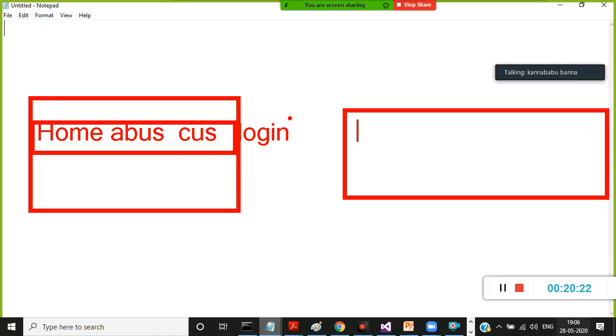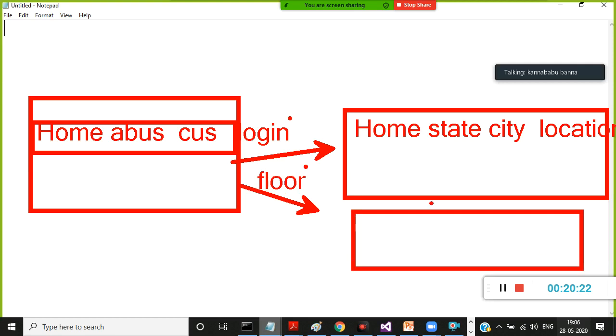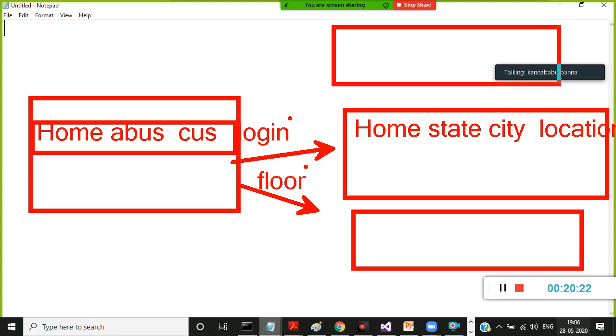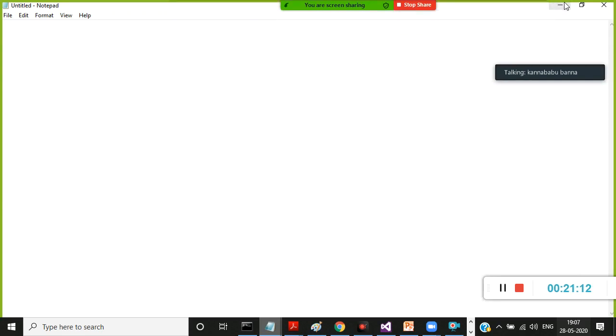Admin, what are the activities of admin? Admin will log in with the username and password, and he can also see the home again, and he can add the state details, he can add the city details, he can add the location details and all the other things. But this screen must be visible only to admin. And if the login user is a floor employee, the requirement is different. So I want to create separate layouts actually.